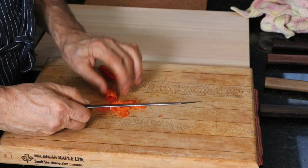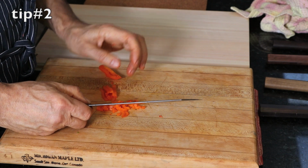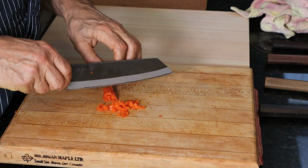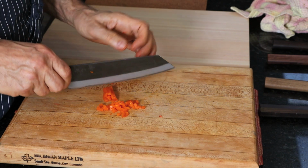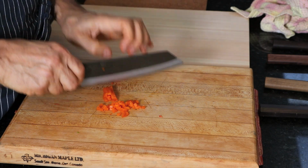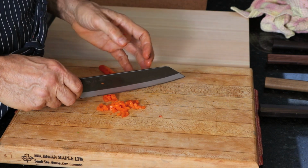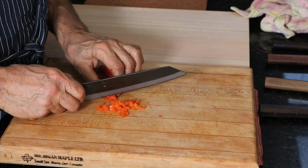Now, the tip that I want to tell you about is, number 1, when you're chopping, if your knife is sharp, you don't have to use a lot of weight. You don't have to bang the board really hard. And the other part of this, and the most important part, is when you're